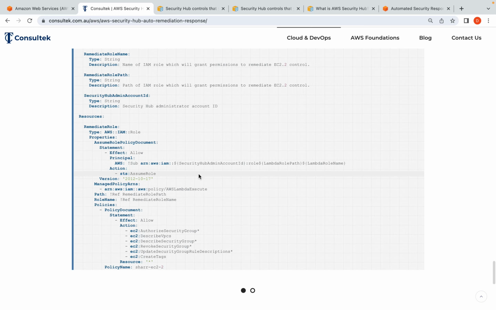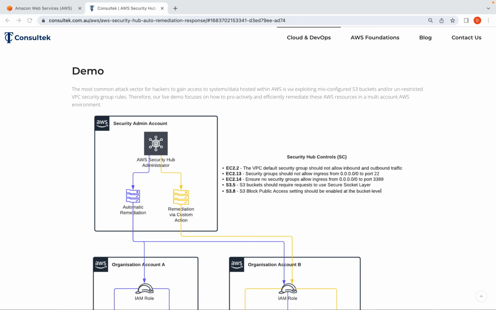Now we finally arrive at the live demo, which is the most interesting part of this video. First, let's go through the scenario which we are going to showcase. Typically in an AWS organization, we have a number of AWS accounts to manage. However, even though our SHARR solution can manage any number of AWS accounts, in this demo, we are only using